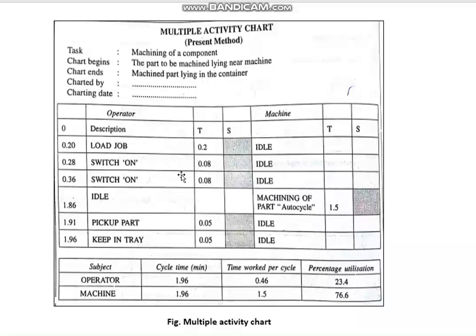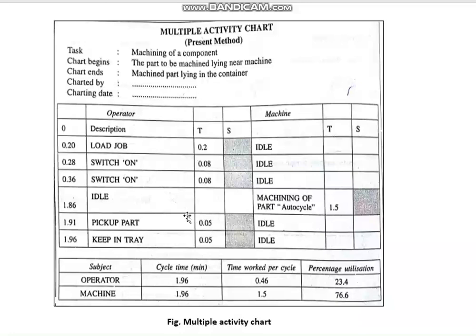Once you switch it on, first it should be the coolant and then the machine, because as soon as you switch on the machine it starts its cycle. It may be an automatic or semi-automatic machine. This semi-automatic machine machines the part, taking 1.5 minutes, so here it is doing the operation and we have shaded it. Once this machining is done and it stops, you have to unload the part, or pick up the part,